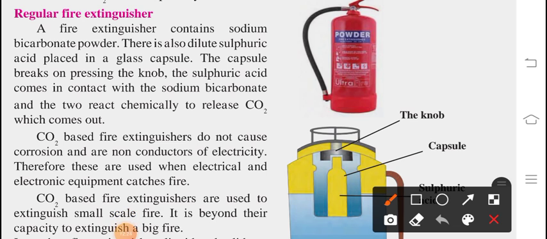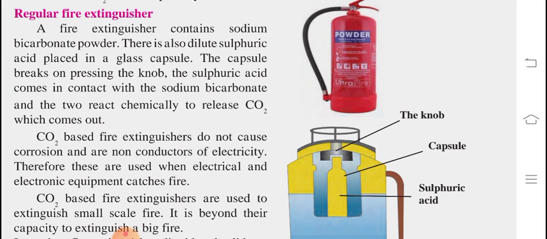Next topic is fire extinguisher. A fire extinguisher contains sodium bicarbonate powder. There is also dilute sulfuric acid placed in a glass capsule. The capsule breaks on pressing the knob. The sulfuric acid comes in contact with the sodium bicarbonate and the two react chemically to release carbon dioxide, which is CO2. Here you can observe this is the cylinder, and inside the cylinder,